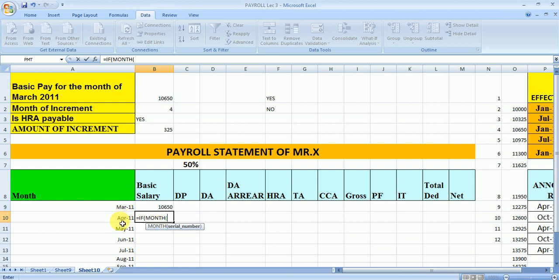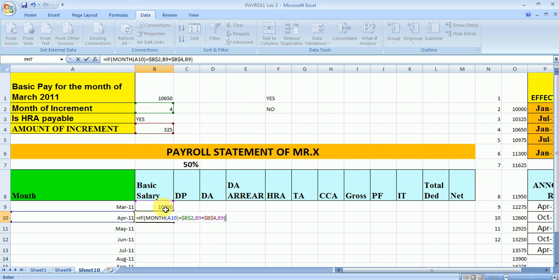So if this month is equal to the month of increment, and this month of increment is fixed because when you join the organization your increment month will be fixed, then you will get this amount plus the amount of increment, which is fixed. Otherwise, if this month is not the month of increment, then you will get the last month salary only.